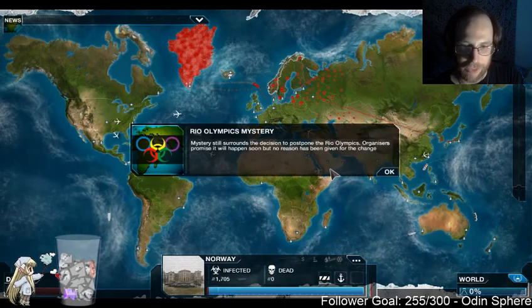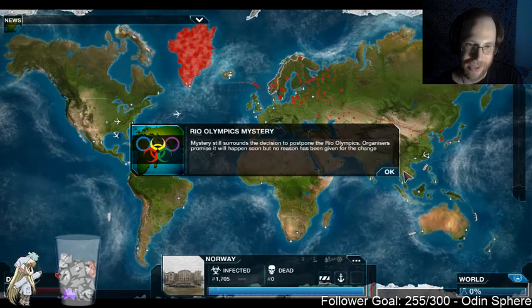Rio Olympics mystery. Mystery still surrounds the decision to postpone the Rio Olympics. Organizers promise it will happen soon, but no reason has been given for the change. Uh-oh. Somebody realizes that there's